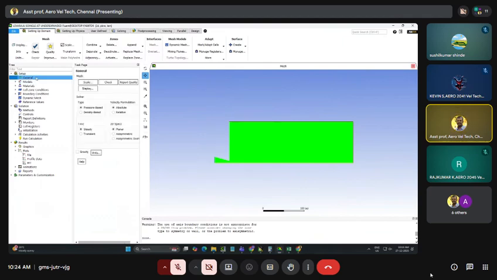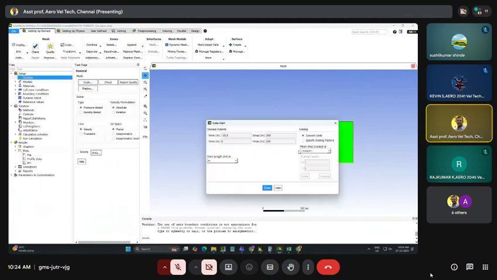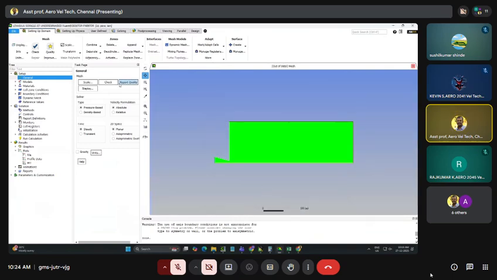You go to general. First scale it in mm. You can just give scale and close. You check the grid. You can see it is done. Done means yes, the grid is good. And the solver type is density based. Velocity formulation is absolute. Time is steady. 2D space is not planar. We have to give axisymmetric. Clear? And then